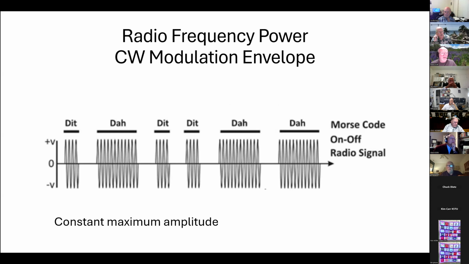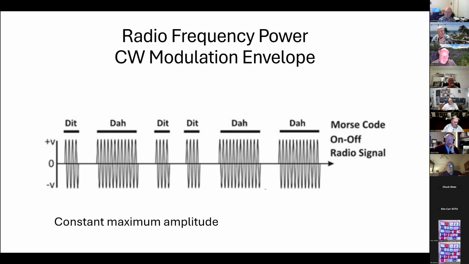So this is a picture, thanks to Mr. Hiller, a picture of a couple of different types of modulation. So this is continuous wave modulation, where we turn on and off the carrier to transmit what we want to say. The characteristic of this that's interesting is when it's on, the magnitude or the peak value is constant,